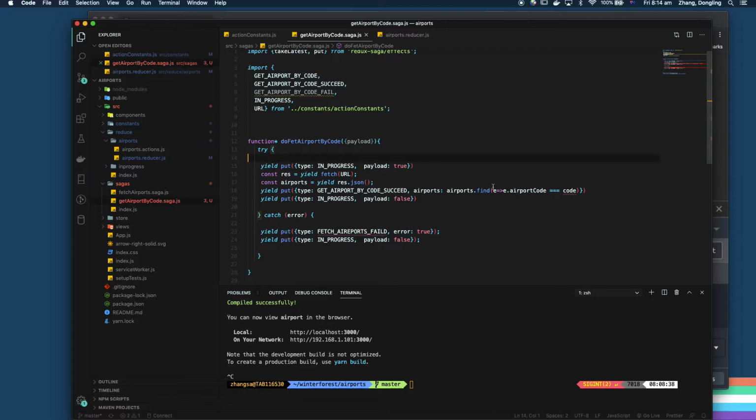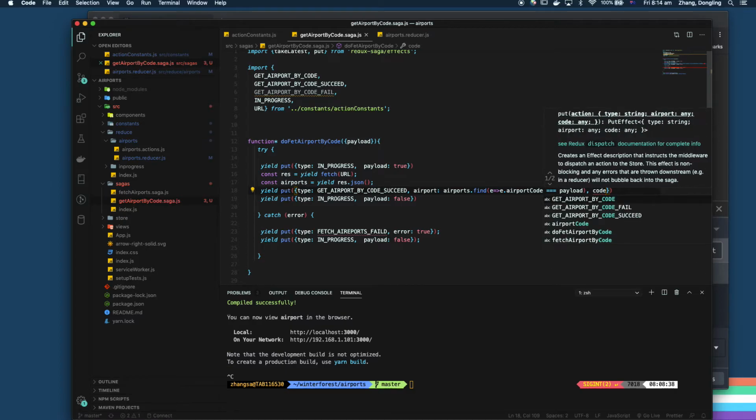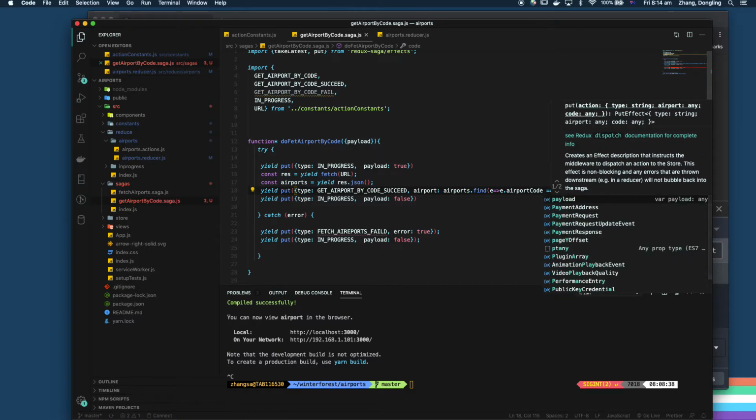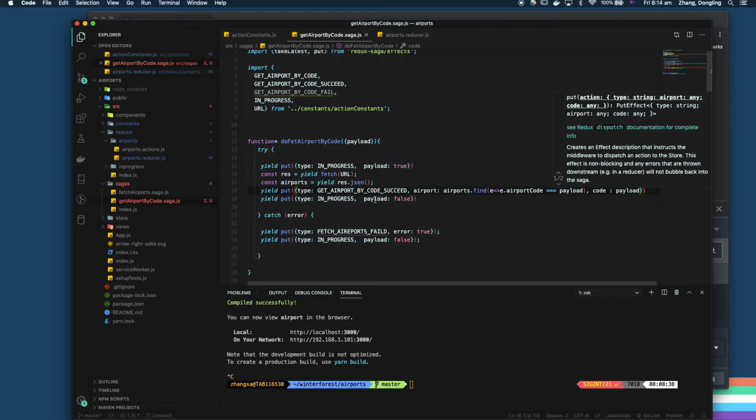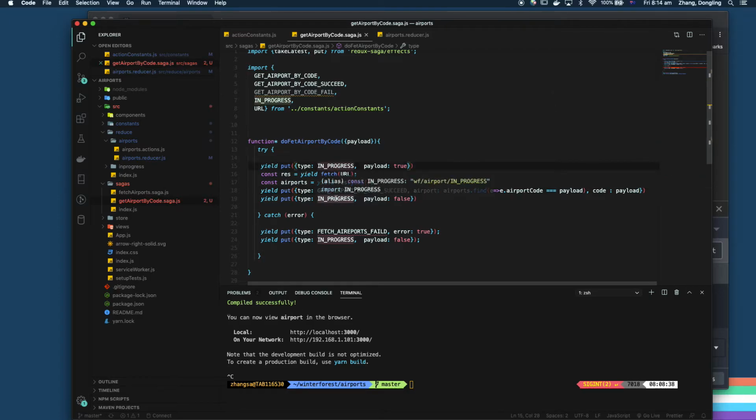You could just say payload. So this payload will be mine, and instead of this one, once you find this app equal to the code, you also expect the code is your payload. And the in progress is still the same. If start fetch, then set to true. This is called a get